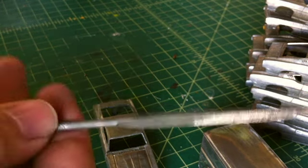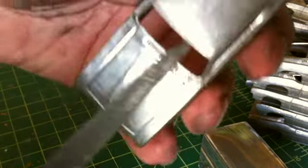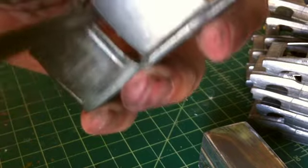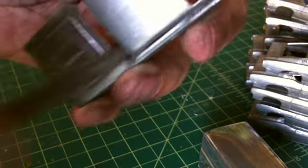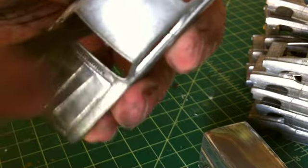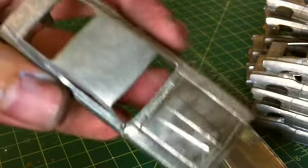Then, this is quick time. I've got a whole bunch of these little files, and they're all in different shapes. And you can tell they're well used, but they work just fine. And I'll go through and file out all the openings. The reason I do that is because there's always little bits of metal that, even though you don't really see them too much, when you get paint on them, they get exaggerated because the paint wraps